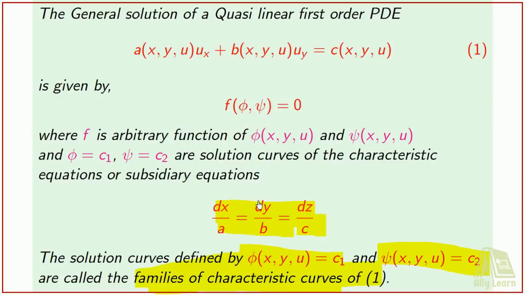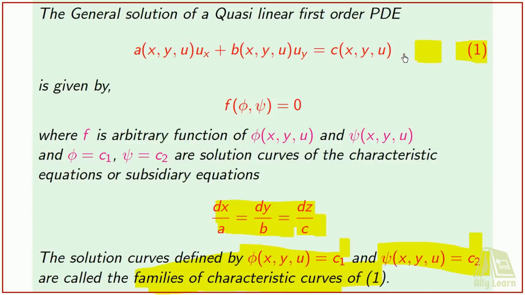So the solution curves given by phi equals C1 and psi equals C2 are also termed as families of characteristic curves of this equation, the initial equation, which is the quasi-linear PDE. So phi and psi are also called the families of characteristic curves of this given initial first order quasi-linear